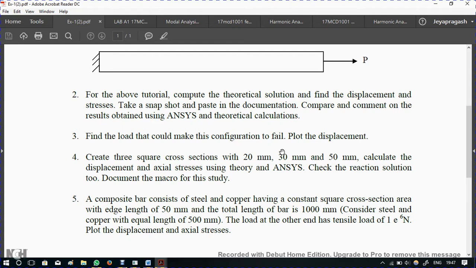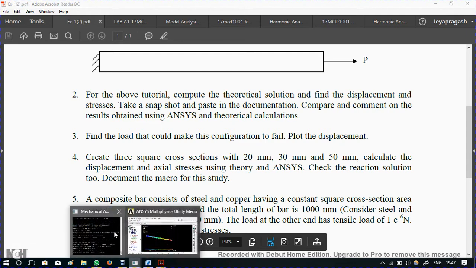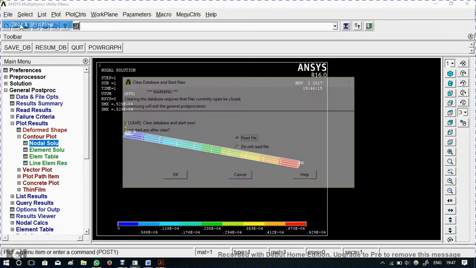Then let me just pass on to the ANSYS questions. Create 3 cross sections of 20, 30 and 50 mm. Calculate the displacement and axial stresses. We just saw how to find the displacement and axial stresses, but how do we create these cross sections? Let me show you. Start clear,